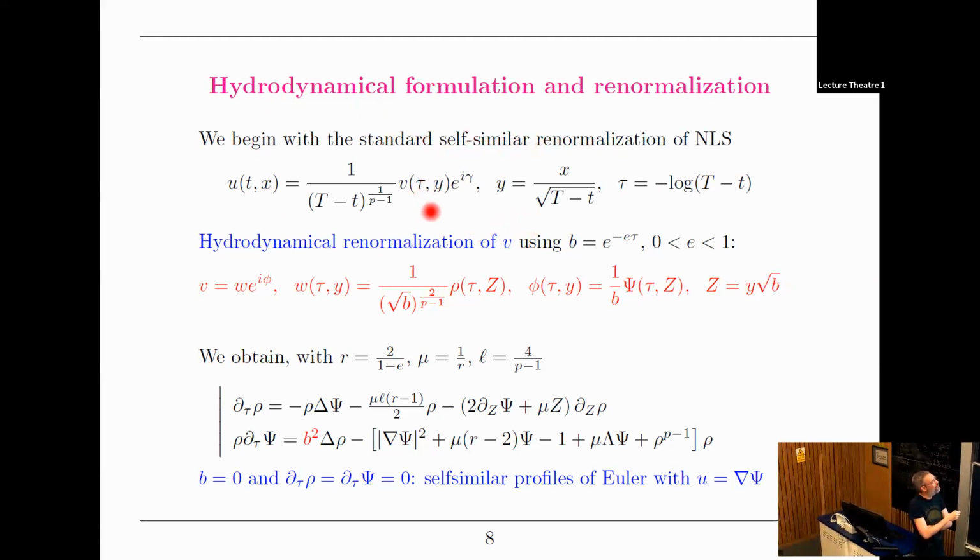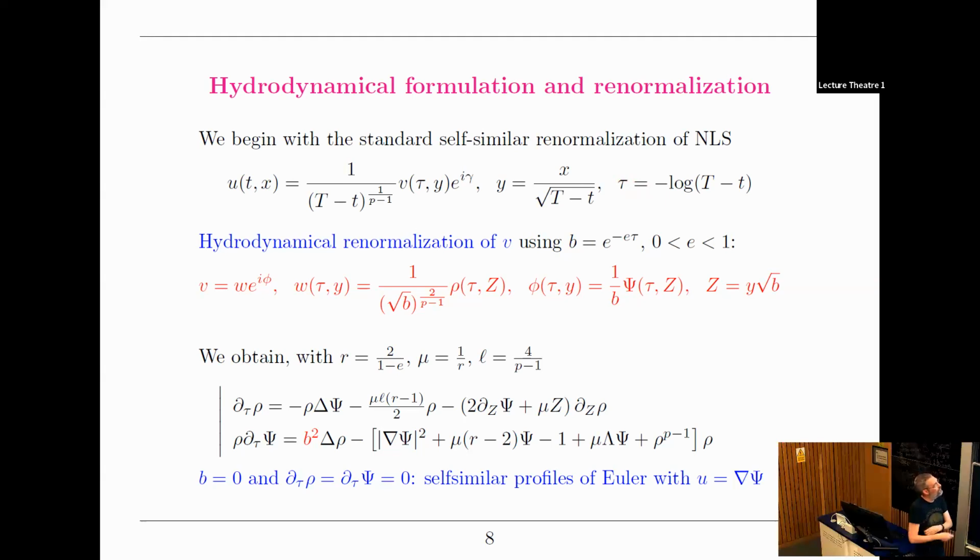Okay, and now notice maybe one thing for those who are not used to it. While in the original variable, the blow-up time is unknown, it's a capital T, which you don't know in advance. One of the interesting features of these rescaled variables is that tau, the new blow-up time, is at infinity, because as t goes to the blow-up time, this goes to plus infinity. So now, instead of having a time interval which is unknown, you are reduced to proving semi-global results from, let's say, tau equal to 0 to tau equal to plus infinity.